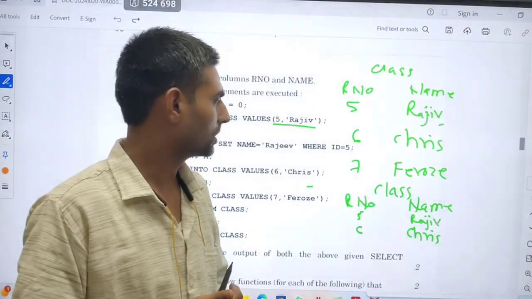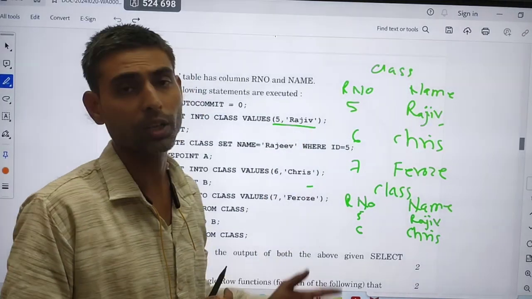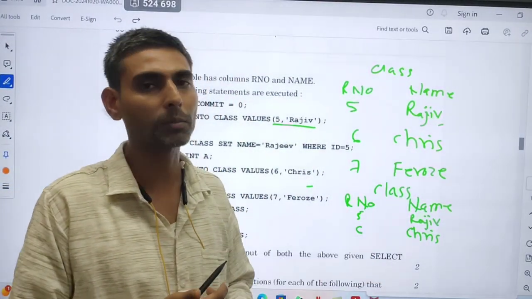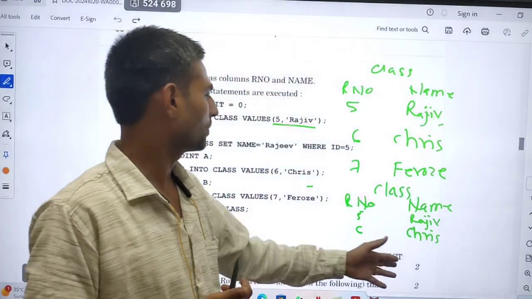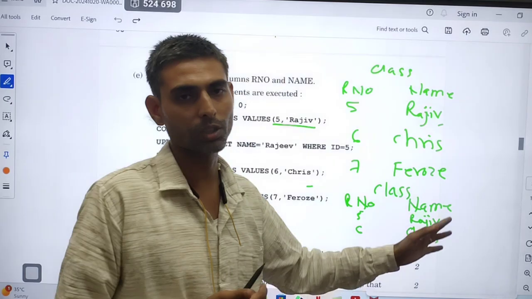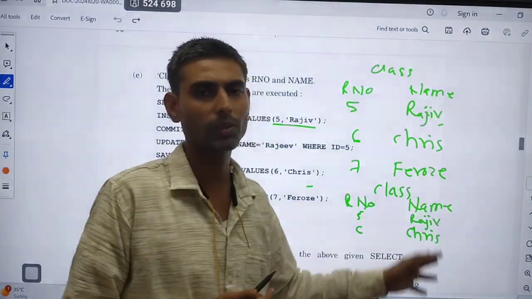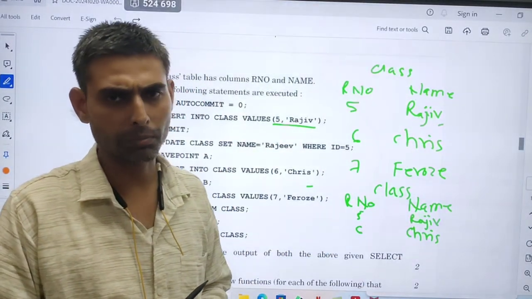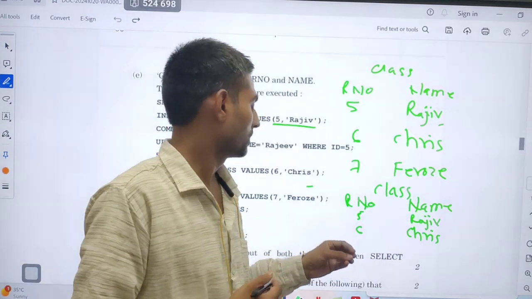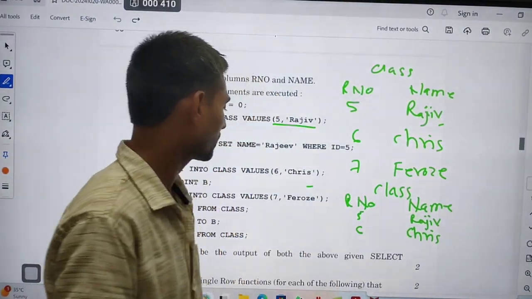Database management system is very easy if you practice, and you can score more marks in database management system or in that IP subject. If you give the correct answer, you will get 2 marks. You cannot get 1.5 marks or 1 mark. So if you give the correct answer, you get full marks and can score maximum. So please go through that. Now let's go for the next question.